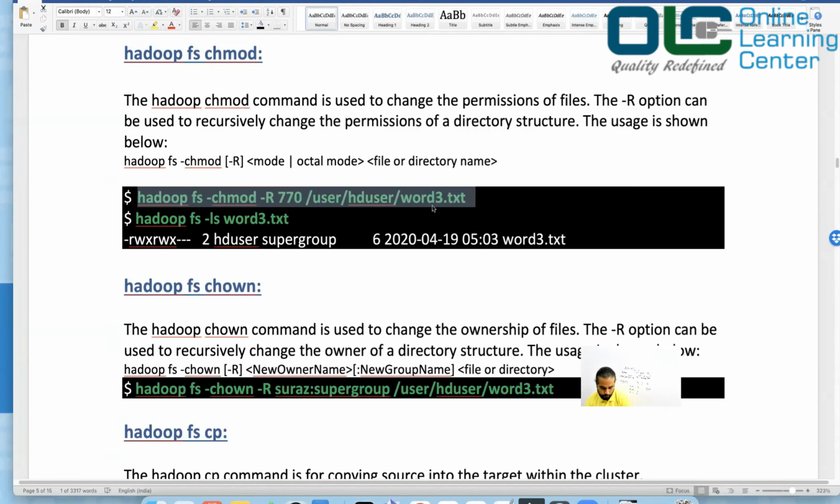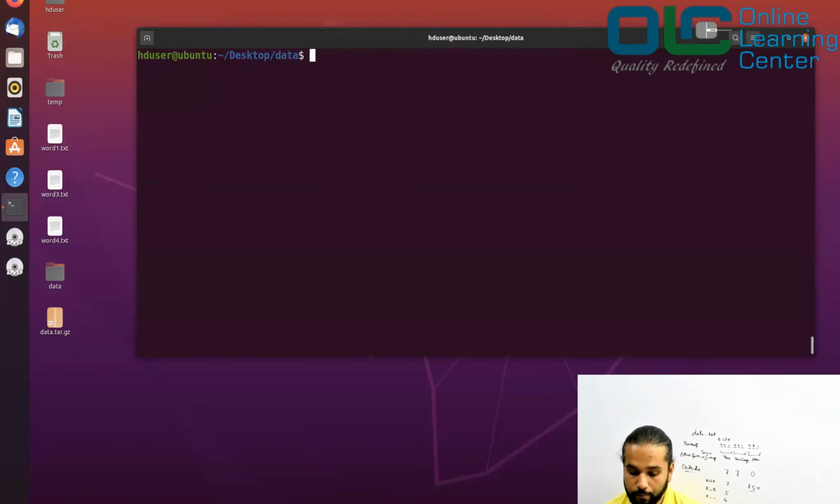We assume that you have already created word3.txt in your /user directory. If you stop your virtual machine, then all your services would be down. All your name node, secondary name node, whatever five daemons were up and running, will all be shut down. And if you launch your system again, then you must check jps and you will not see anything.